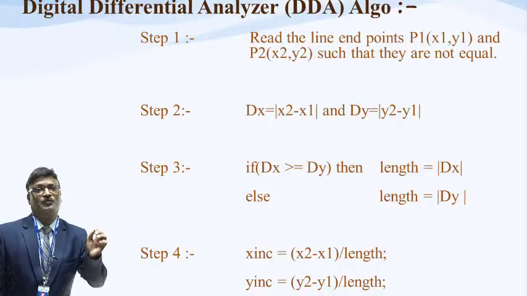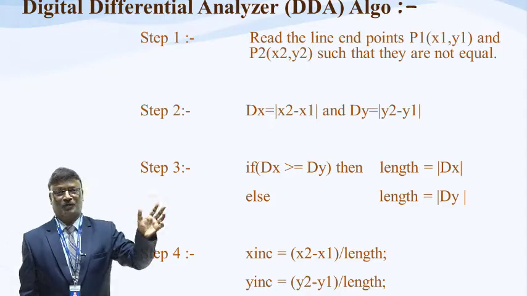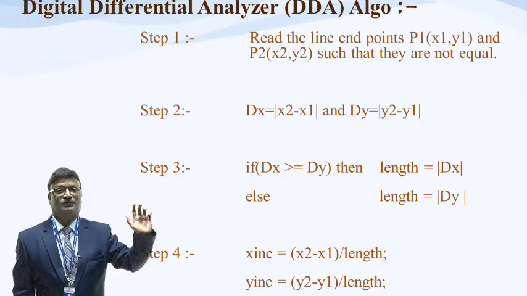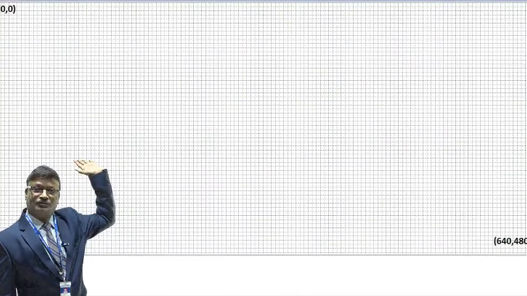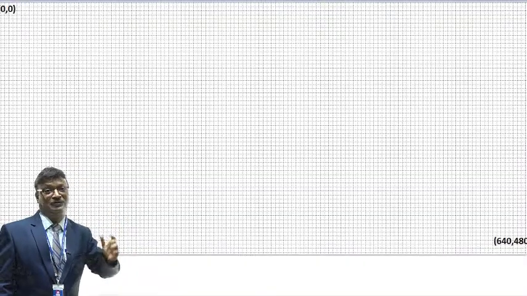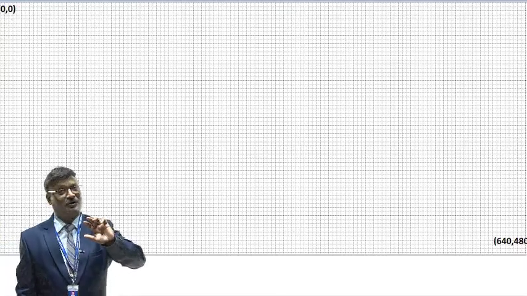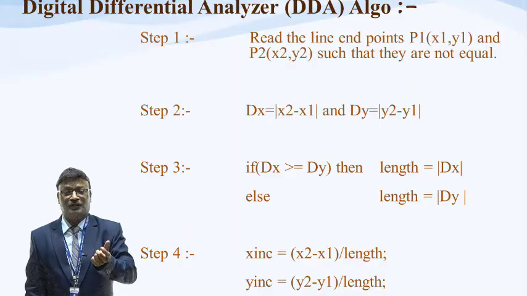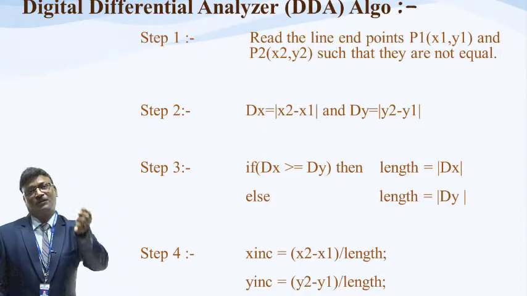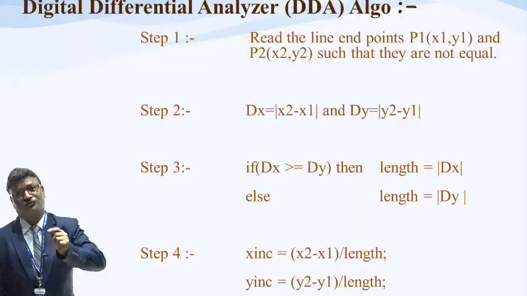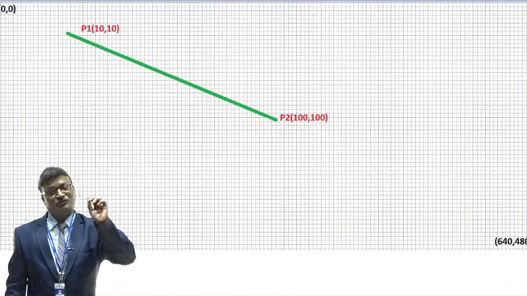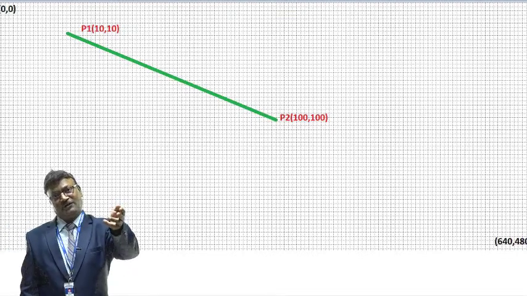For that you need, suppose, the x1 y1 point and the x2 y2 point; these are the 2 points that I am going to draw. First of all, see the monitor screen. The monitor screen has coordinates from 0,0 to 640,480. These are the pixel resolution of a monitor screen. On this monitor screen I am going to draw one simple line, starting from point P1 having x1 y1 coordinates to x2 y2 coordinates. Suppose this is my 10 point and this is my 100 point that I am going to consider, and then that line is drawn.